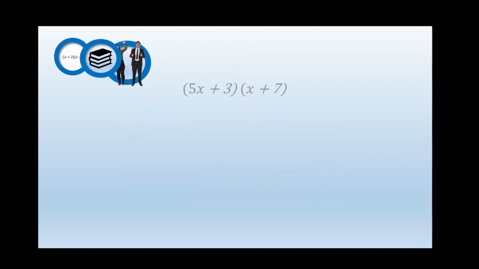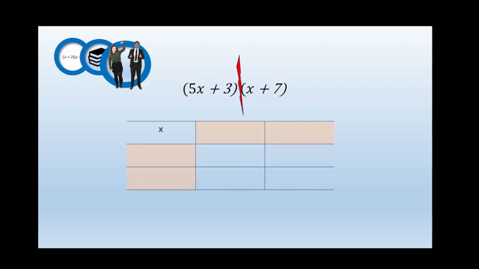Right, you have a go. Again, pause. Okay, here we go. This is the answer. We're going to split my brackets for my grid. I'm going to put 5x and 3 down into the vertical column and x and plus 7 into the horizontal column. Do my multiplication,